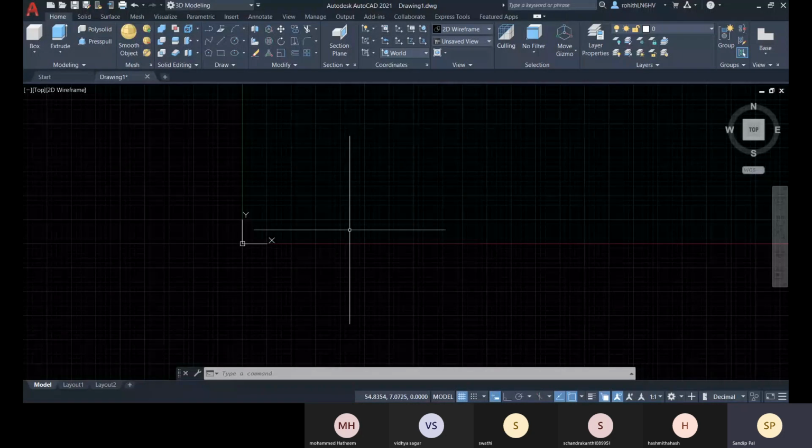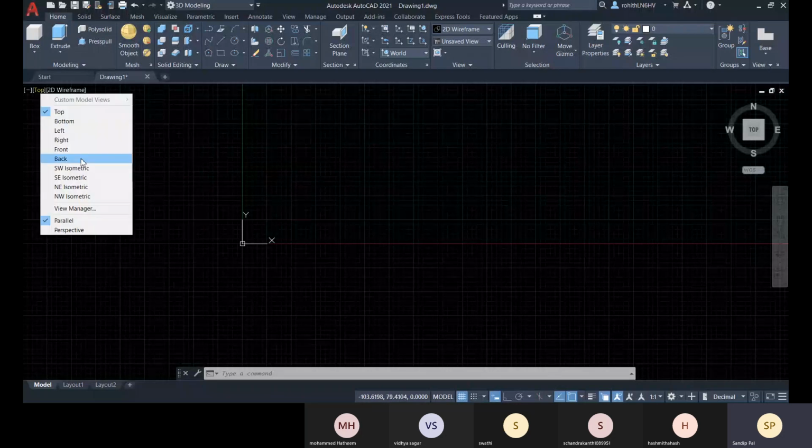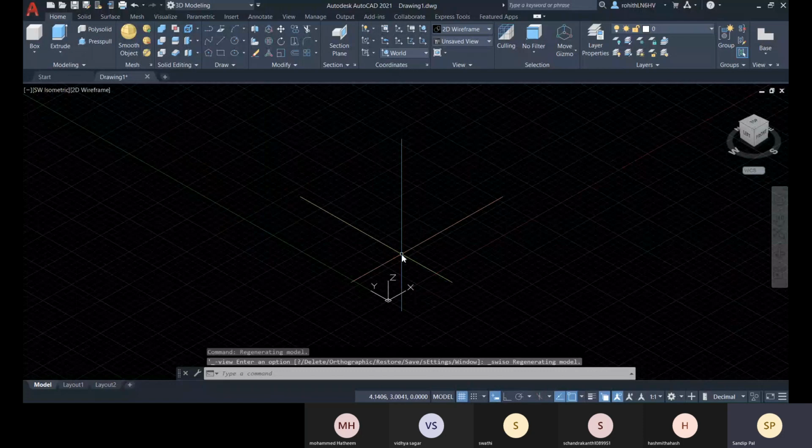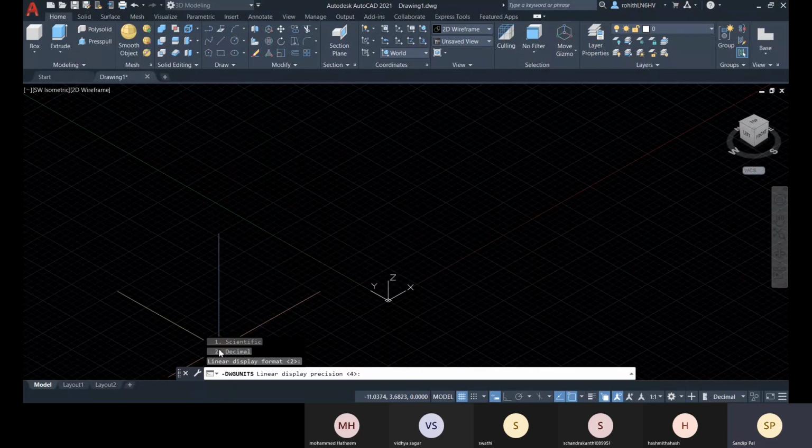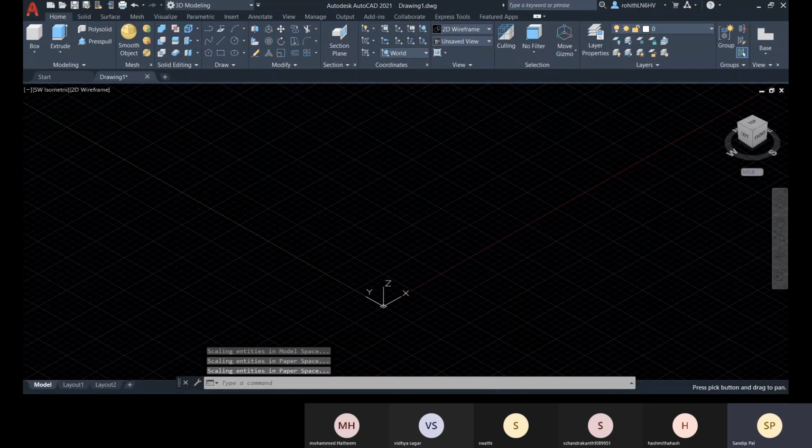So, yesterday we have learned about the basic thing, how we start setting our workspace and unit, and then we change the view. So first, let me do it, and go for your TWG unit. So you set it for millimeter, display format, you scaled. This is set, and now